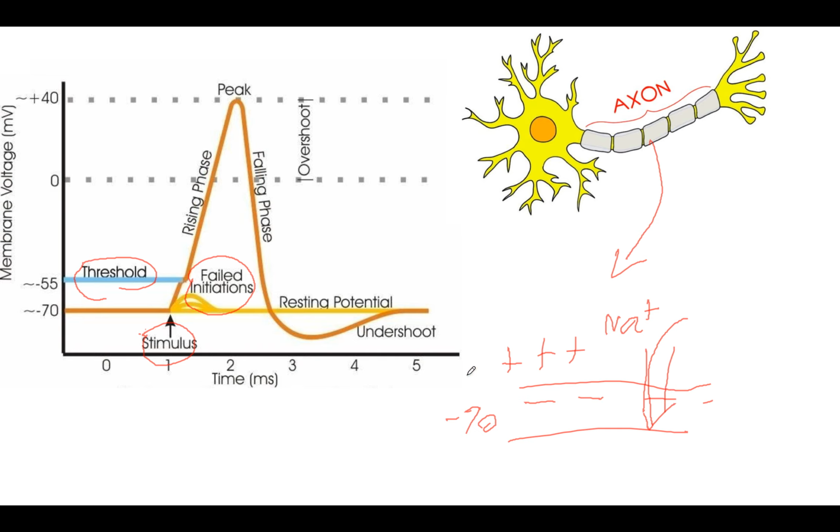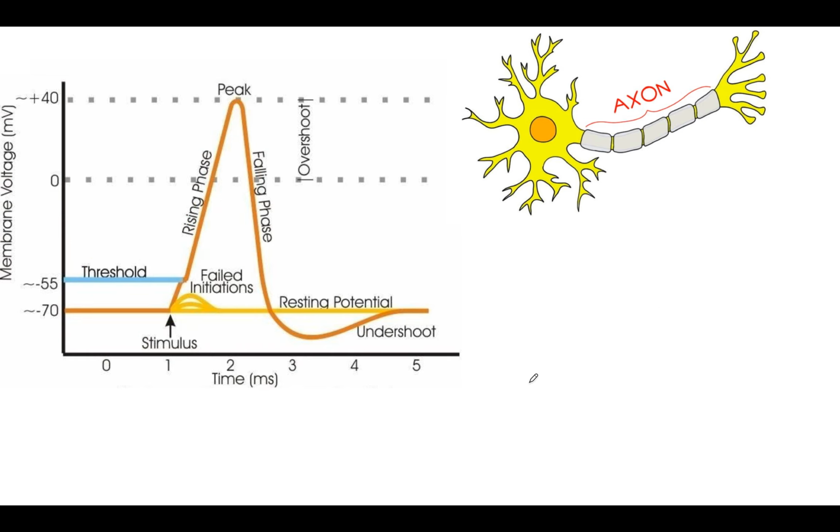As sodium travels inside the cell, the resting membrane potential, which is at negative 70, increases all the way to this peak here. Note this process is called depolarization, indicated by the rising phase. And at plus 40 millivolts, these channels will end up closing. So what ends up happening at this point